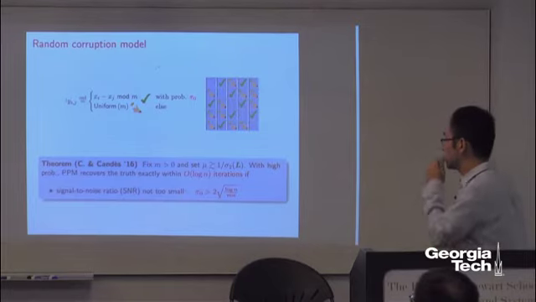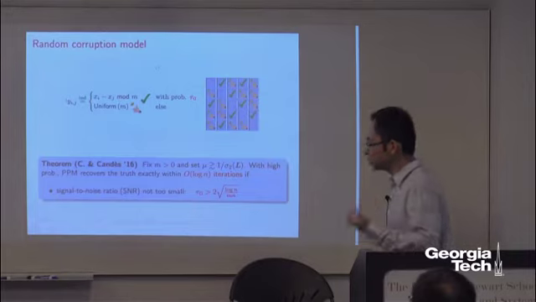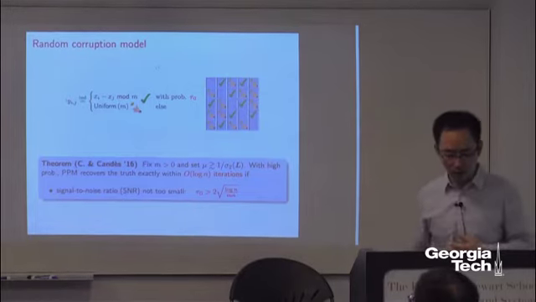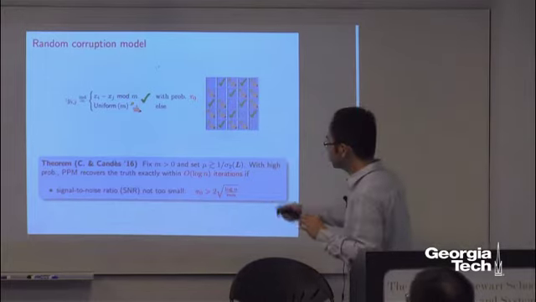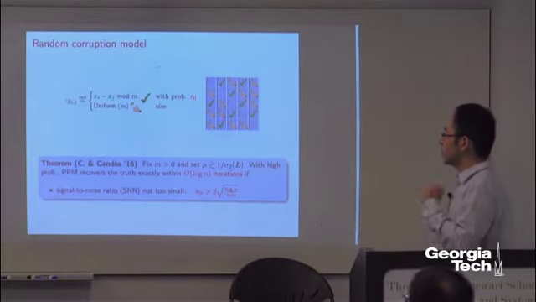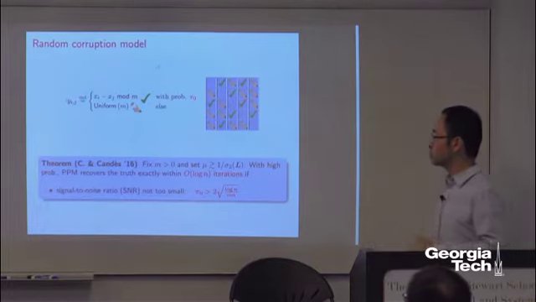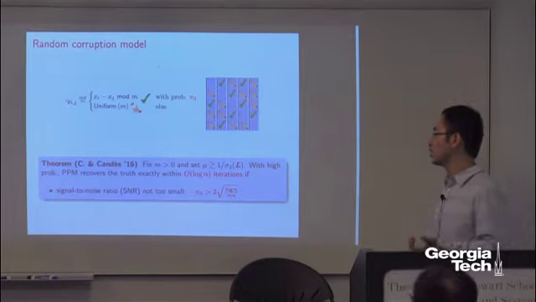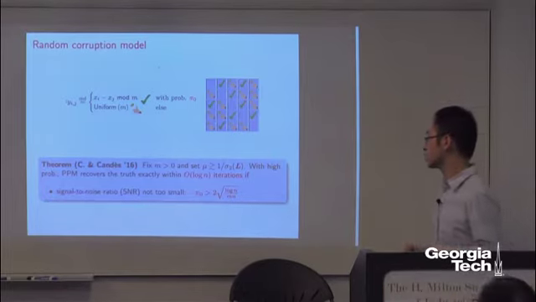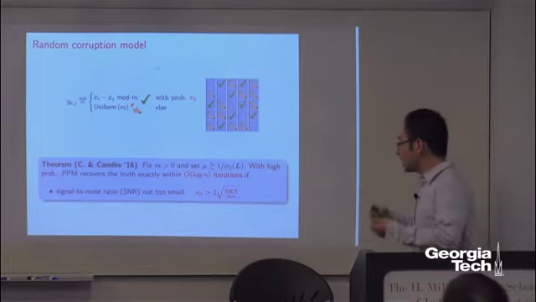This is a result that we have. Mu is a parameter that you can choose in the power iterations part. As long as you choose it to be not too small, then with high probability, the projected power method that we propose recovers the ground truth within log n iterations, where n is the total number of variables you have, as long as